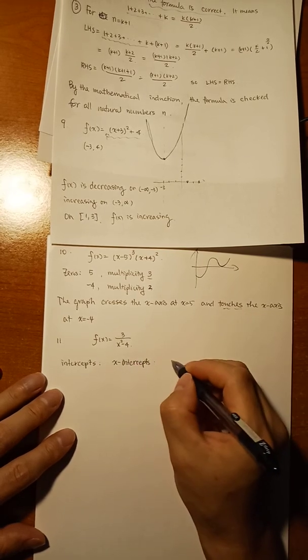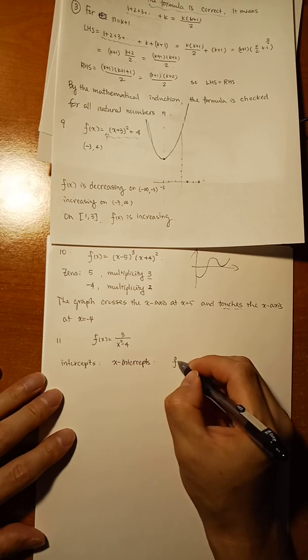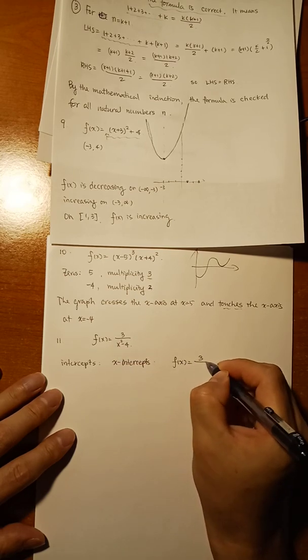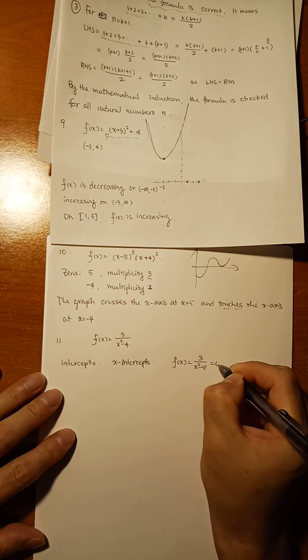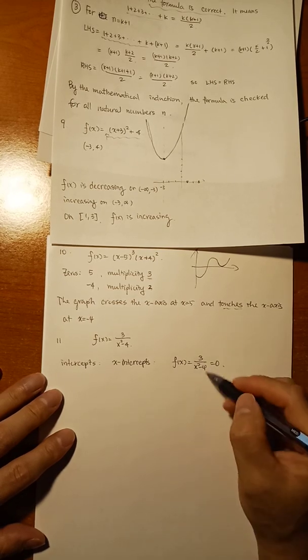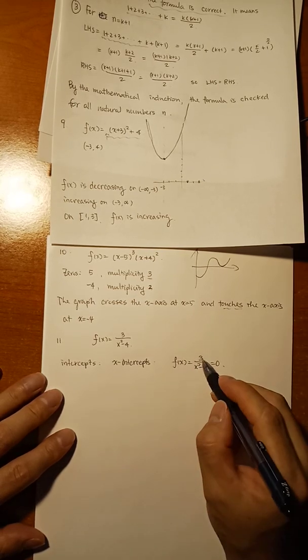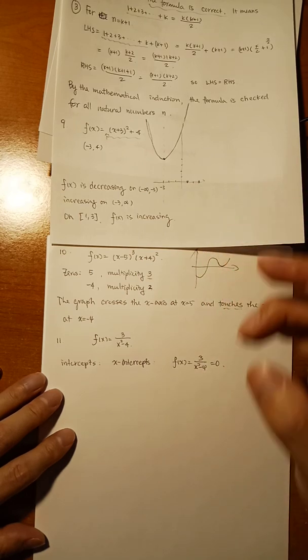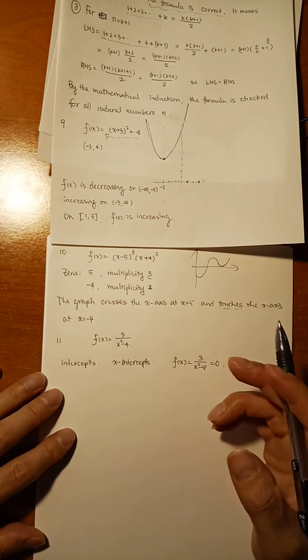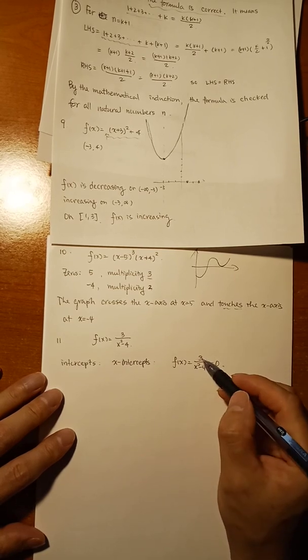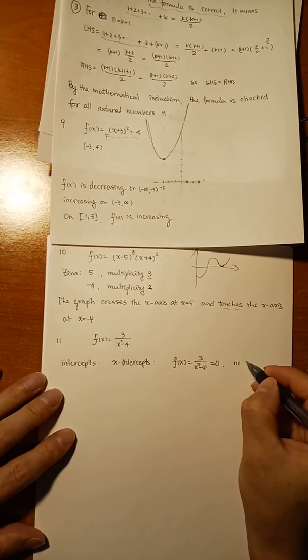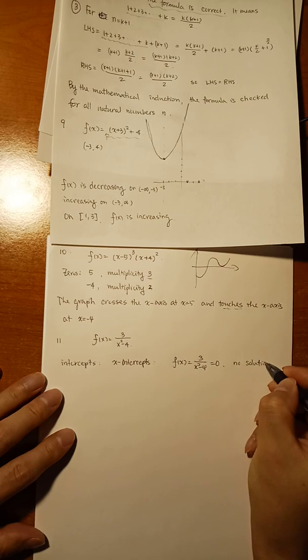X-intercept: y is equal to 0. So it means f(x), which is 3 over x squared minus 4, equals 0. This one has no solution because a fraction is 0 if and only if the numerator is 0. 0 over any non-zero number is equal to 0. But here you have 3. So there's no